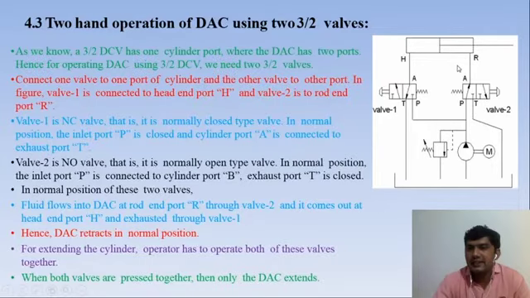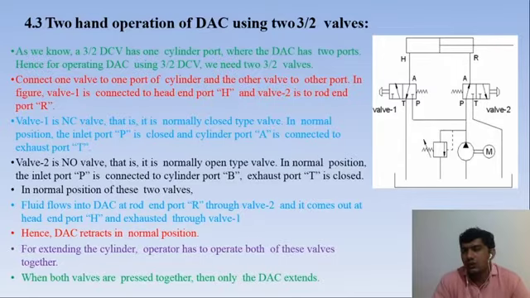In second position, the pump will be started. So on the left hand side valve, P will be connected to A, and on the right hand side valve, A will be connected to T. So fluid will be passed from pump to port P and P to A and A will pass to the left hand side of the cylinder and the cylinder will extend. Right hand side fluid will at the same time pass from A to T and T to reservoir. So by utilization of two 3 by 2 direction control valves, we can also use a double acting cylinder for two-hand operation. The advantage of two-hand operation is to reduce accidents or injury to humans.